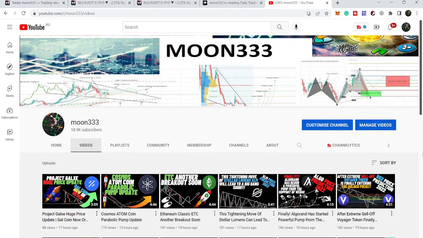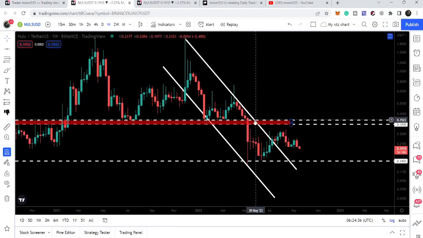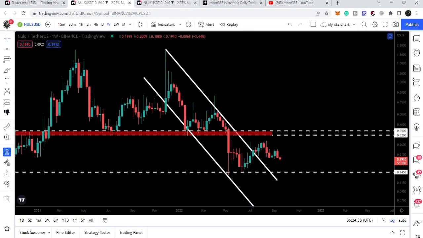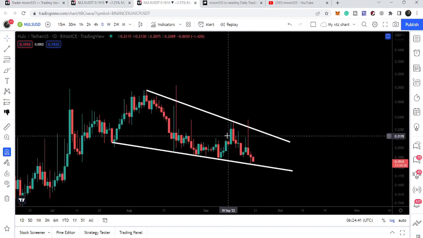In today's video, I would like to show you this down channel on the weekly time frame chart once again, and we will also take a look at this newly formed falling wedge pattern on the daily time frame chart